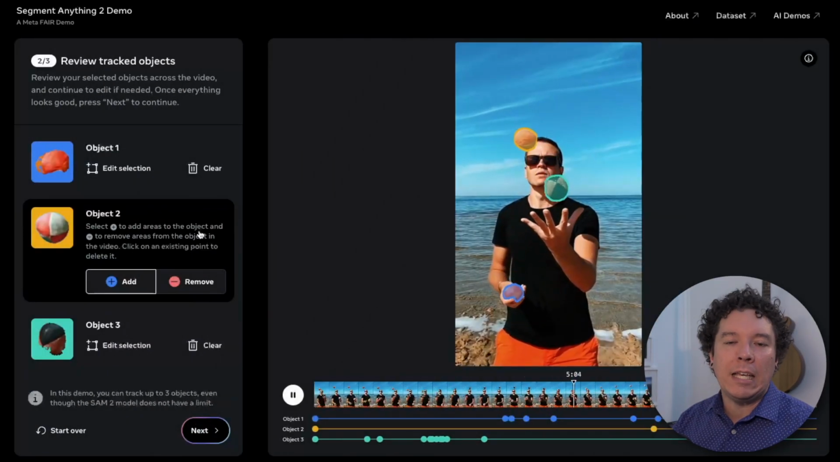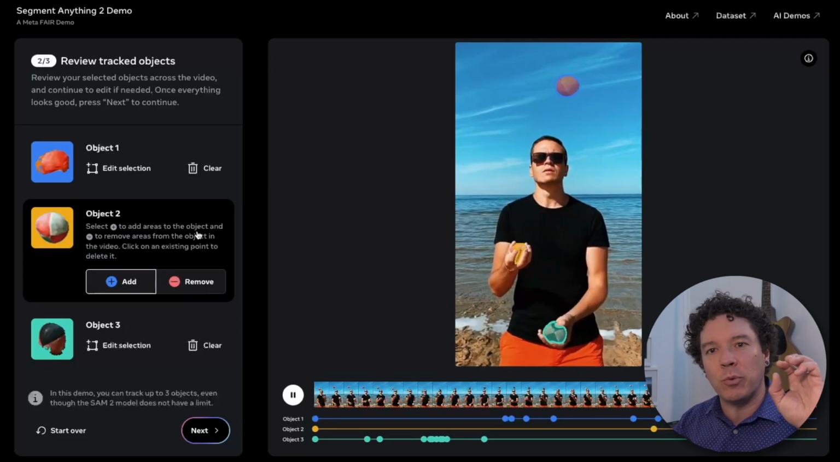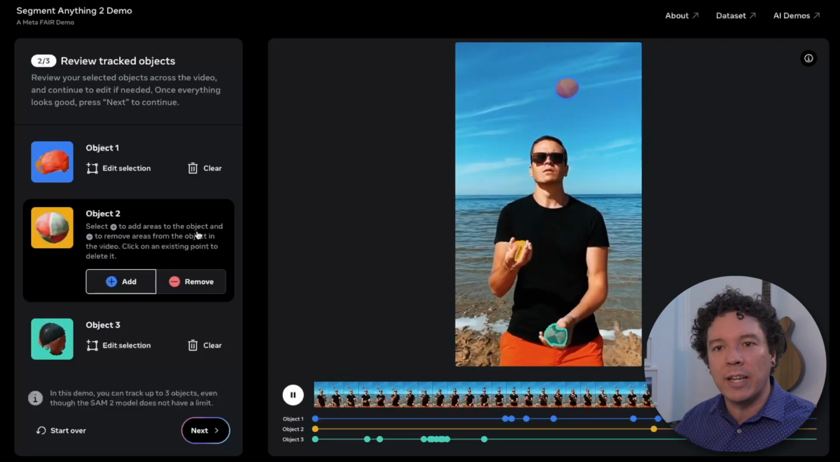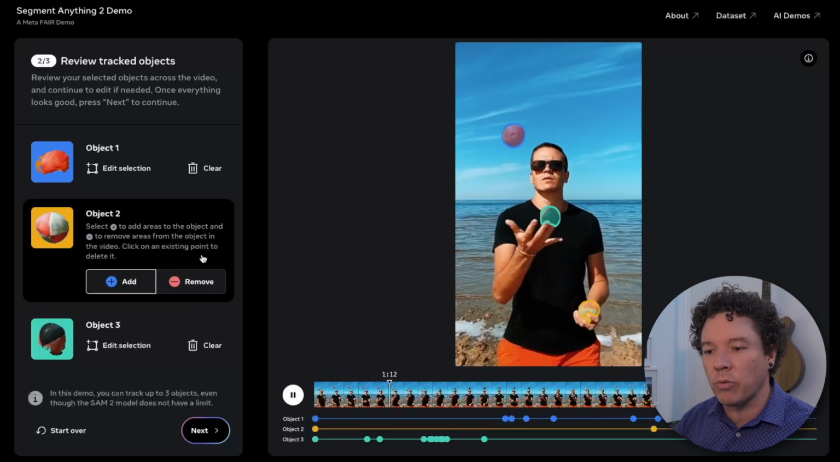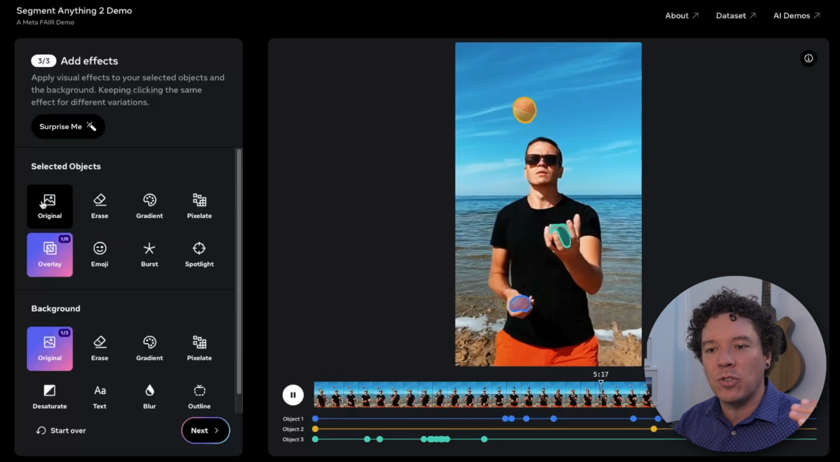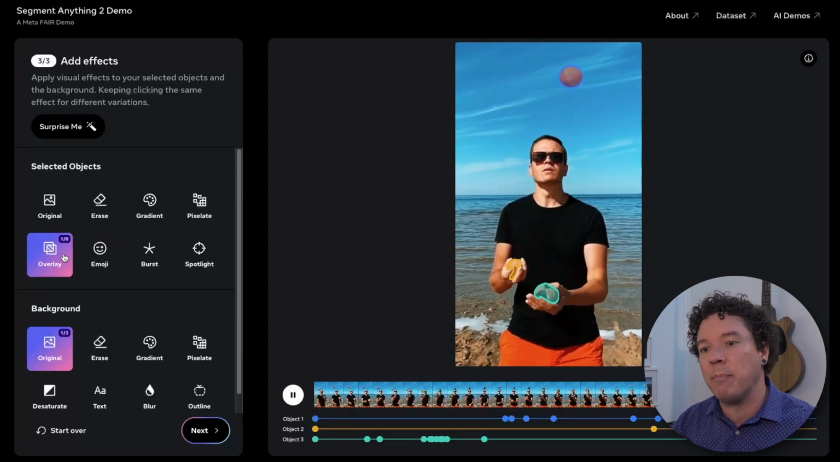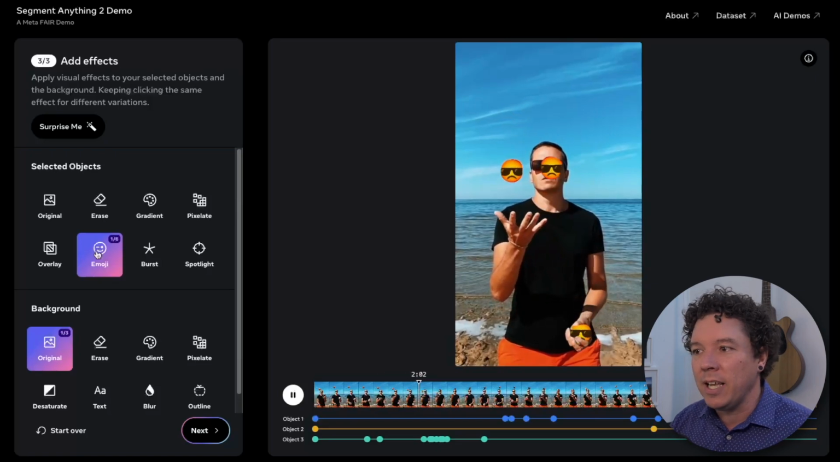So now I've gone in and finished up cleaning up, adding some keyframes in there just by clicking the object when the mask disappears. So we're kind of training that AI what to look for through here. We hit next. And now we can replace those objects with something. So right now it's just the overlay, so it's showing that mask, but maybe I want to put an emoji